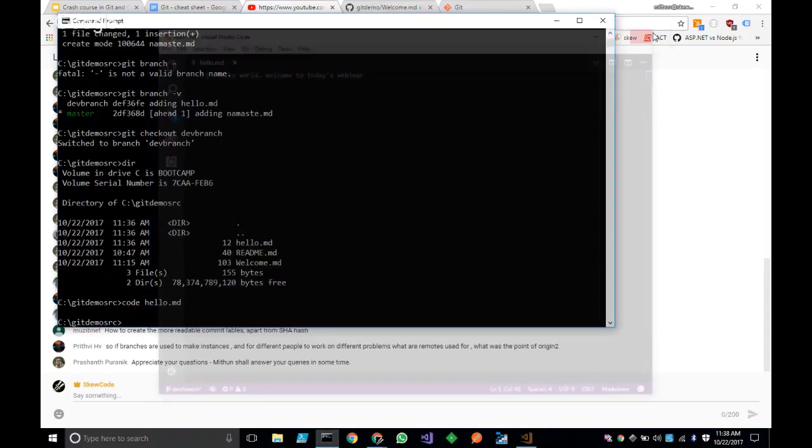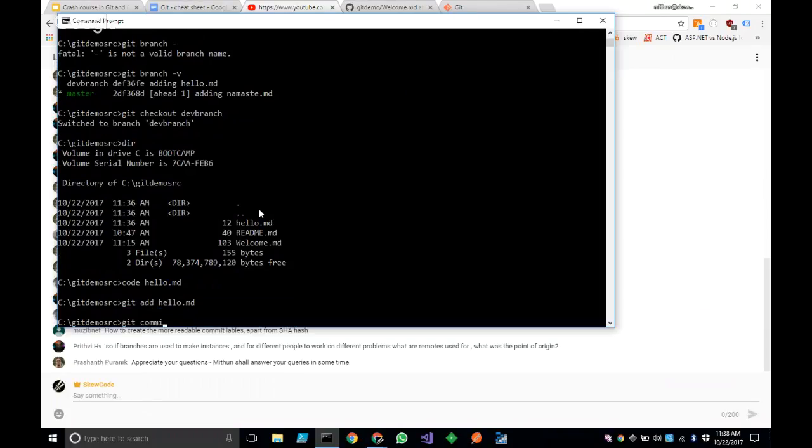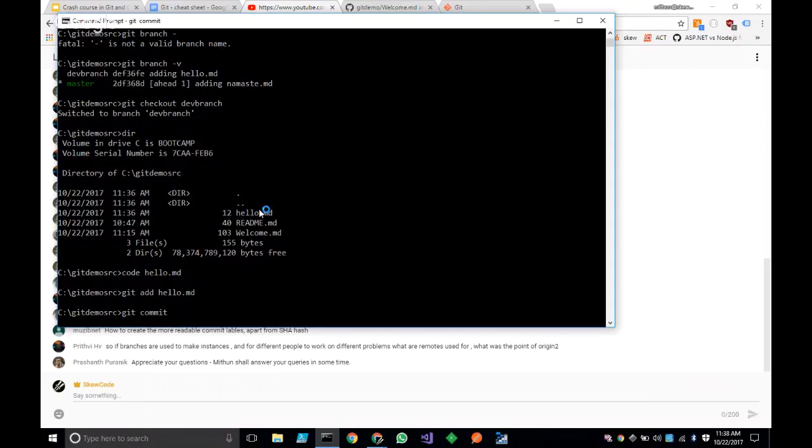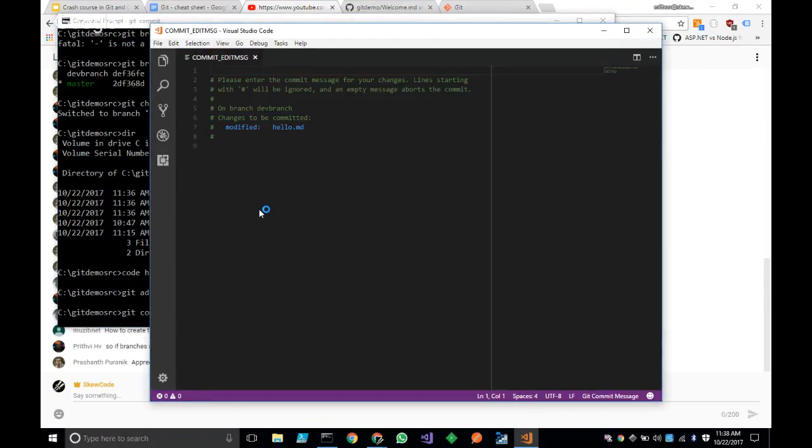I'm going to save this, git add hello.md and git commit. This time I'm not going to specify the -m, I'm just going to run git commit. Remember we had configured Visual Studio before, so this is what it is. Now I can enter a commit message here and say this is a very descriptive